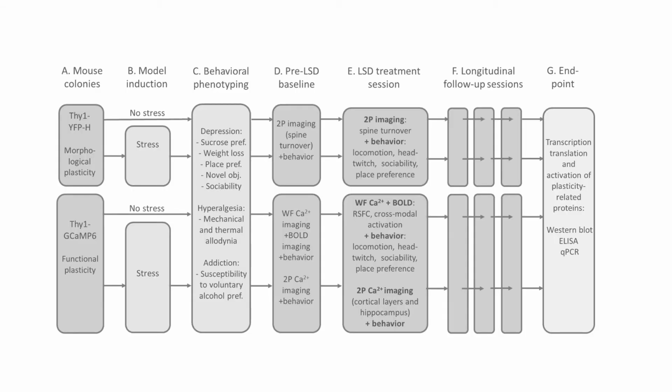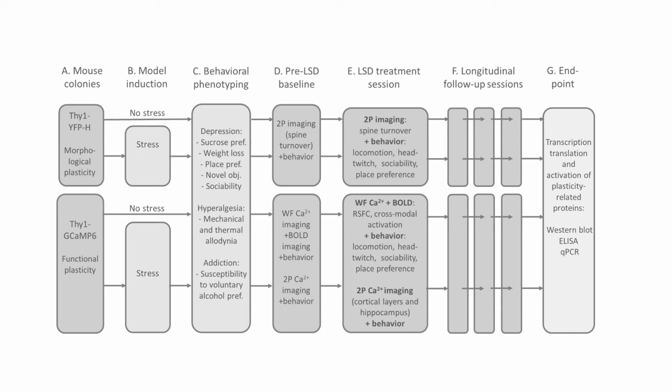This is a busy slide, but it shows the workflow of our experiments as we have planned them. In the A panel, you can see that we will be using 2 strains of mice that steadily express the reporter proteins, fluorescent proteins that show either the shape of the neurons or the level of intracellular calcium. They will be subdivided into 2 groups. One will undergo no specific stressful treatment, and the other one will be injected with the stress hormones, the corticosteroids. And this will produce a certain behavioral phenotype which will be